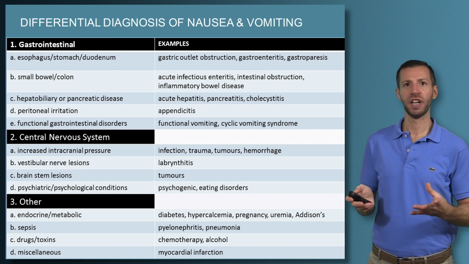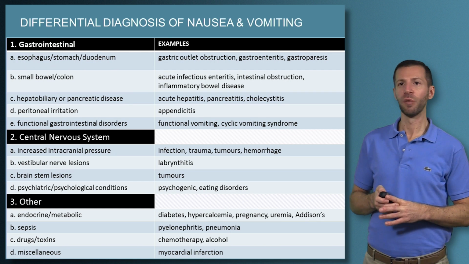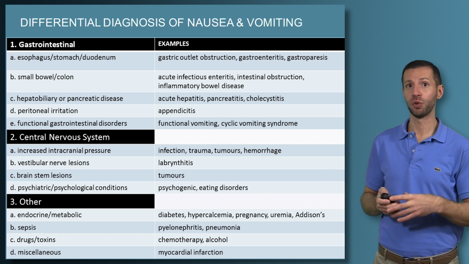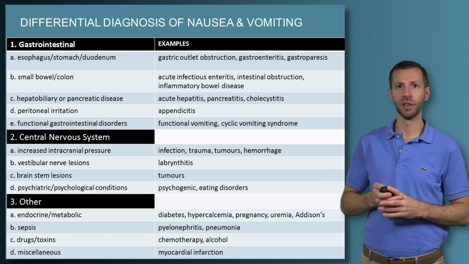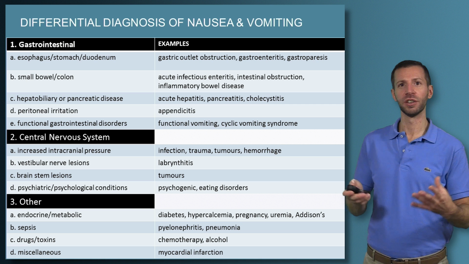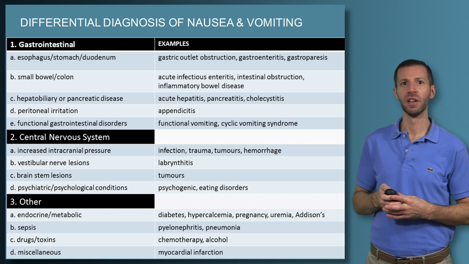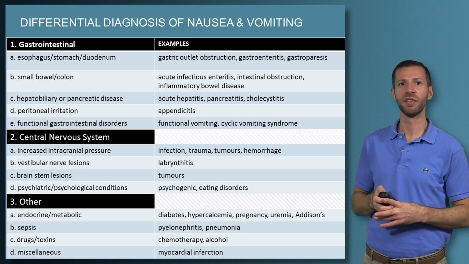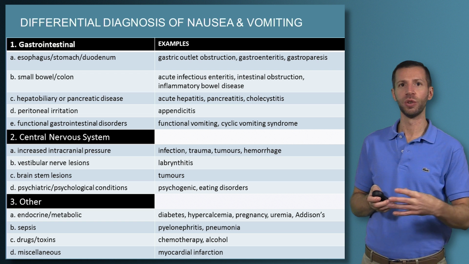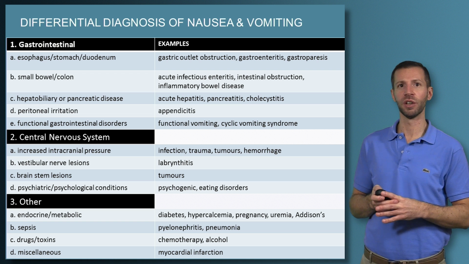So thinking of the gastrointestinal categorization, there are various ways of approaching this. This is just one way that I think is quite useful, and it follows the Medical Council of Canada format as well. So you can think anatomically. You have your esophagus, then your stomach, then your duodenum, followed by your intestinal tract, including your small bowel